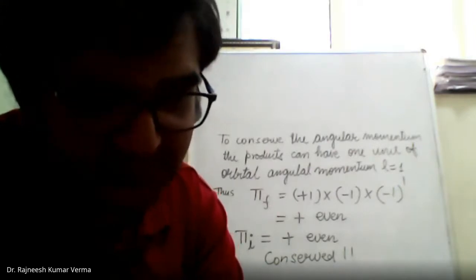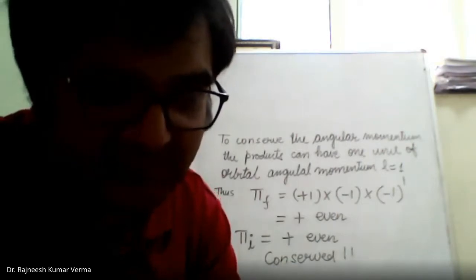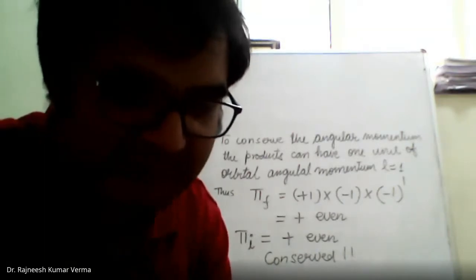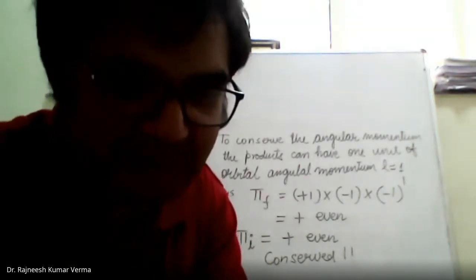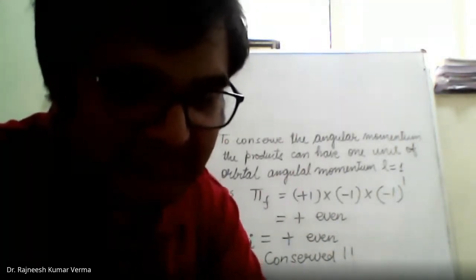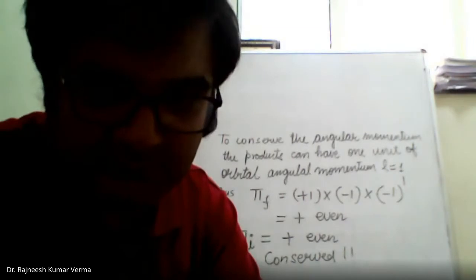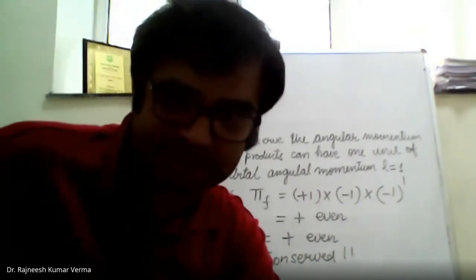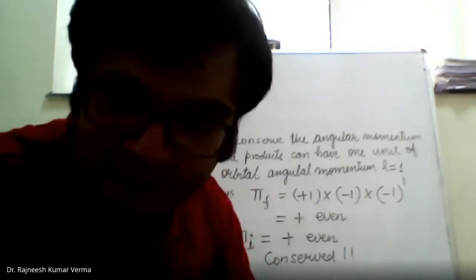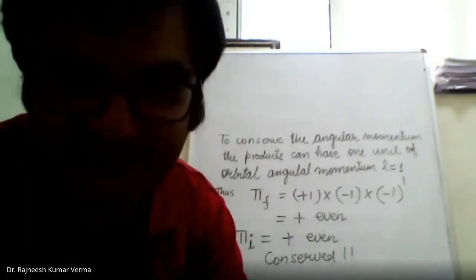In the first case which I discussed, you can see the spin on the left hand side is half, on the right hand side it is 3 half. Therefore, to conserve the angular momentum, we can have one unit of orbital angular momentum for the products in the form of some of their excitations. We can have L equal to 1 for the products. But Ashutosh is saying angular momentum is a vector quantity. So what? There is a possibility, that is what I am saying.